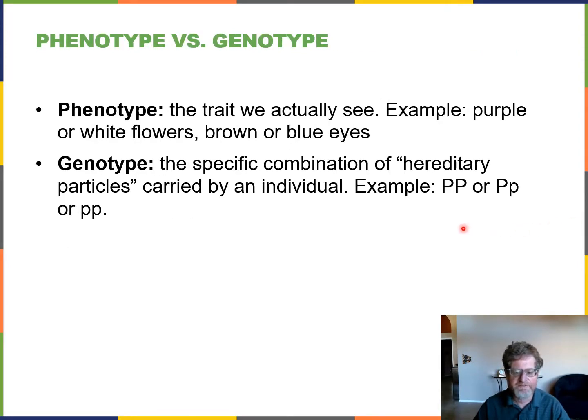And finally, phenotype versus genotype. The trait we see is the physical trait, or the phenotype. So are the flowers purple? Are they white? Is somebody's eyes brown or blue? Are you tall or short? That's your phenotype. Your genotype is represented by a combination of two letters that says this is your gene on